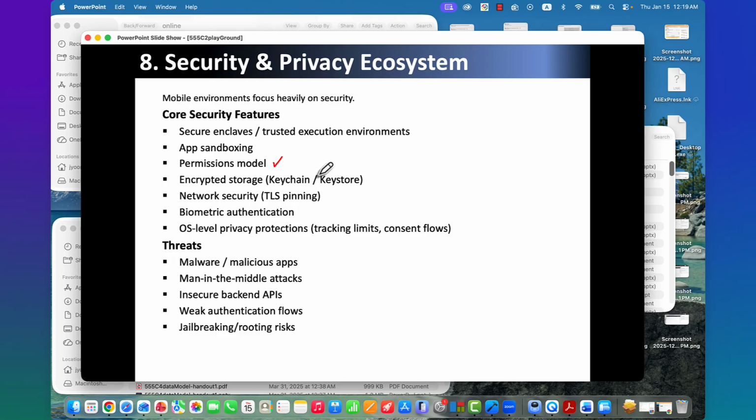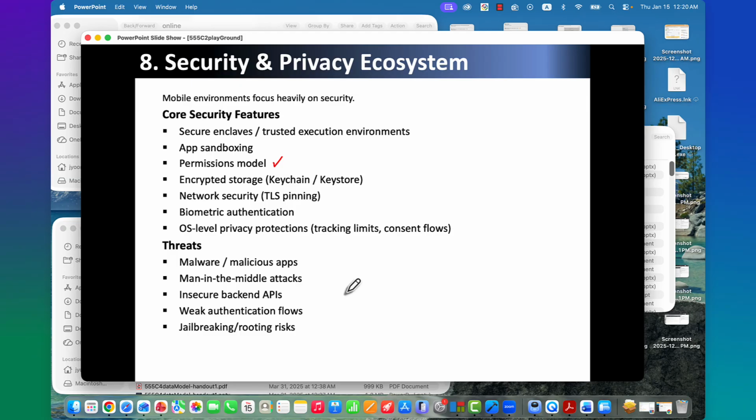So we'll look at some of these, and then threats. For security reasons, your cell phone needs to be protected while the app is developed.